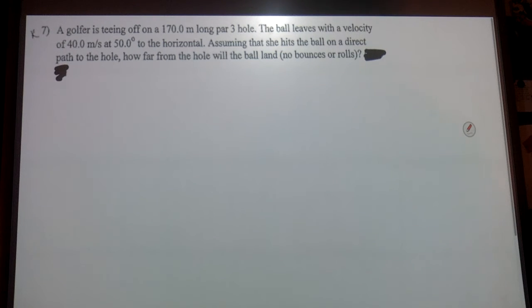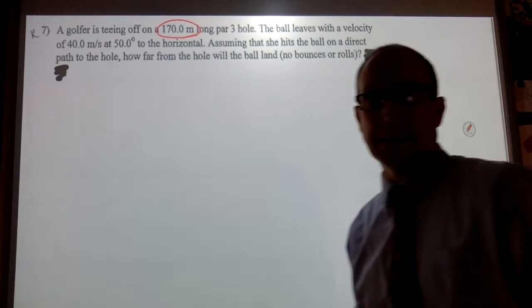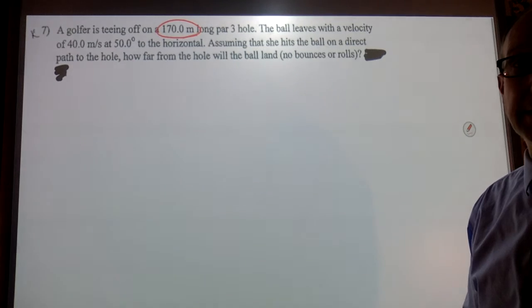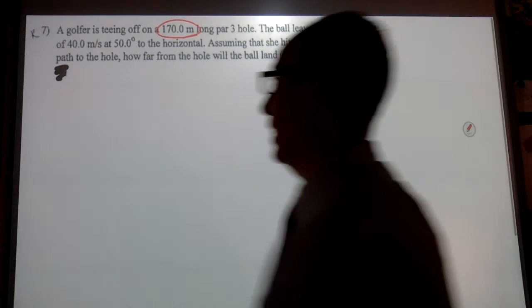All right, a golfer is teeing off on a 170-meter long par 3 hole. The ball leaves with a velocity of 40 meters per second at 50 degrees to the horizontal. Assuming that she hits the ball on a direct path to the hole, how far from the hole will the ball land? So this is not x minus x naught. But we're going to take whatever we get for x minus x naught, subtract it from that to find out how far away we are. So again,